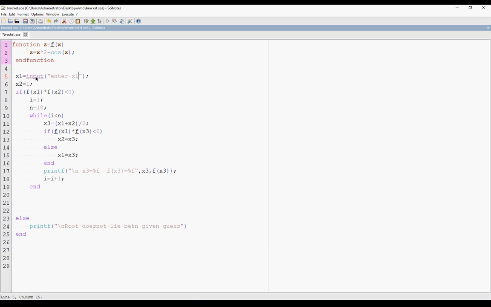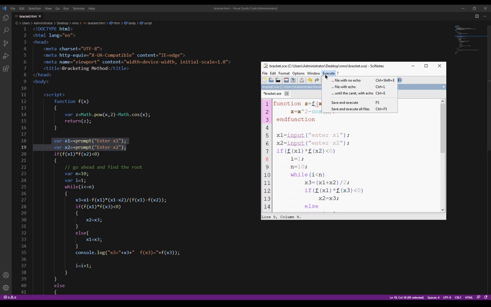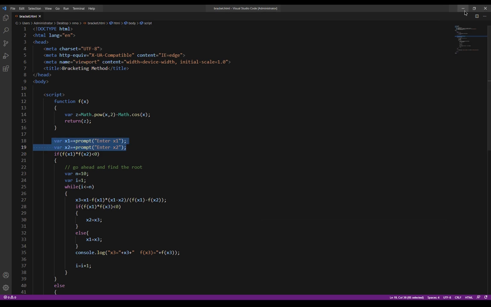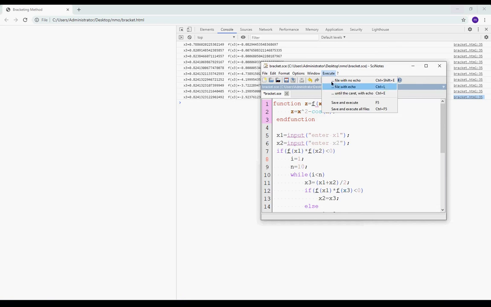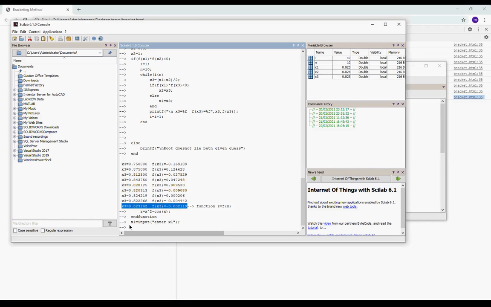Enter x1, here input in double quotes, enter x2, that's it, and now execute with echo here. So here I need to